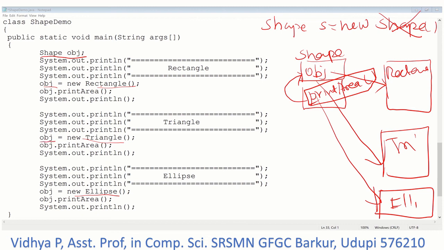Here the object variable is set to point to triangle, so print area will print the triangle's area. Obj is equal to new ellipse means it will point to the ellipse object and it can print the area of the ellipse. Only thing you have to remember is this print area must be defined in this shape class.